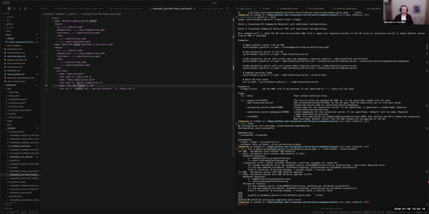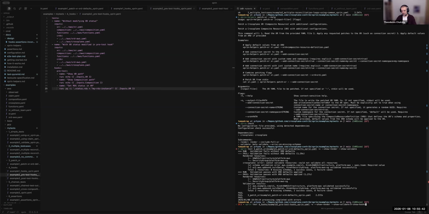The hooks also support template variables. So in this example, the pre-test hooks are going to show us the path of the temporary directory that holds the XR after the patching is done. Same for the composition. Or we can do advanced patching with yq directly here. I'm going to run this example.